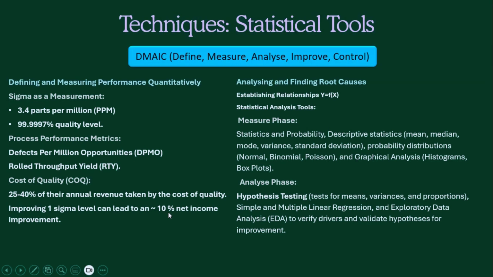See what it means. Currently, you are at the 3 sigma level. And if you move to the 4 sigma level, your net income can be improved by 10%, right? So how can net income be improved? I don't need this many people to handle it, right? Or my process is much quicker and I'm able to collect the revenue. That definitely is going to improve here.